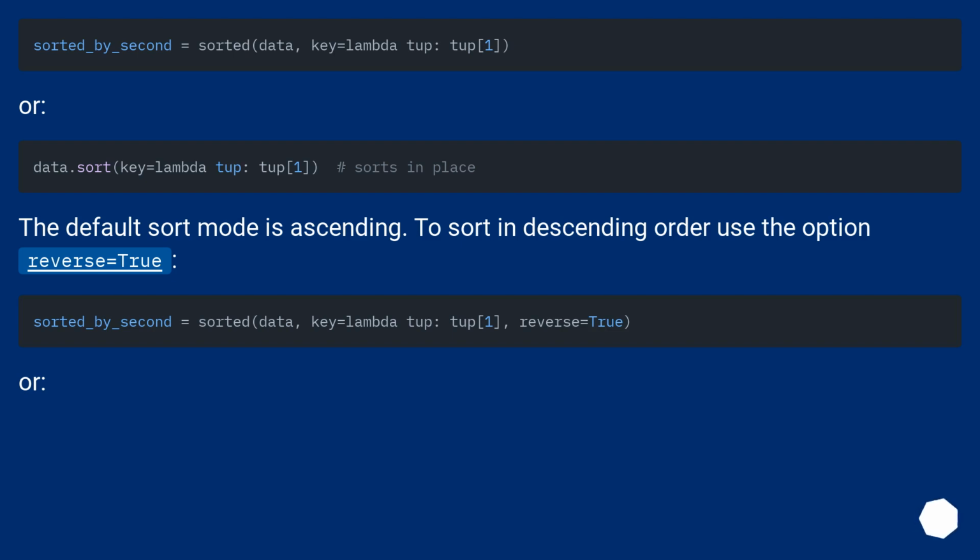Or the default sort mode is ascending. To sort in descending order, use the option reverse equals true. Or